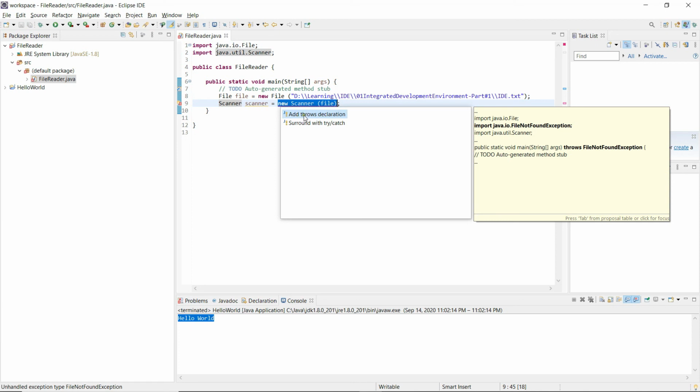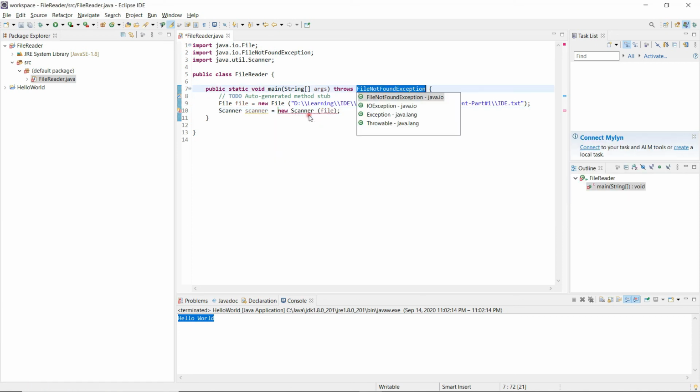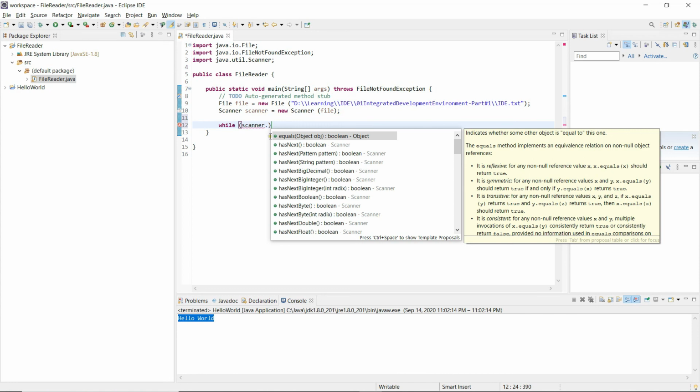Just by clicking Add throws declaration, it adds the FileNotFoundException to the main method, and without manually typing this, the IDE is able to detect the errors and warnings, and it is also suggesting the right way of doing things. When I say scanner dot, it shows all the APIs that are available inside the Scanner class that we can invoke here.